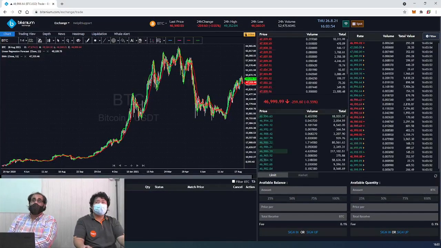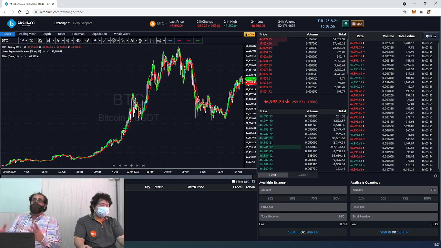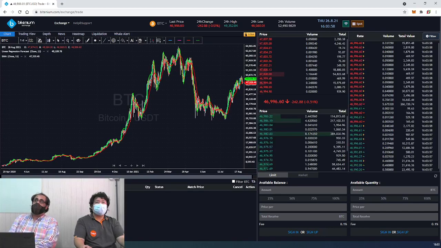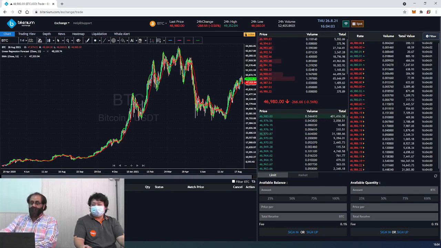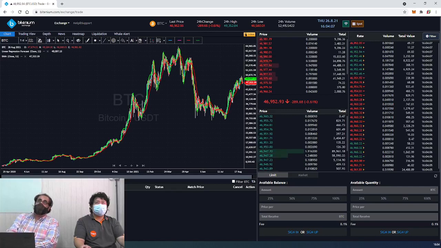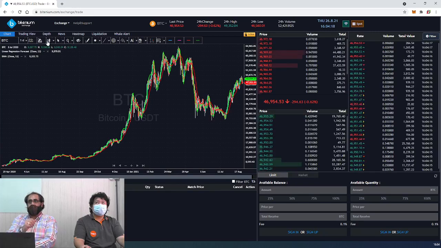You can see the web version. If you go to Bitenium at the top, you will see all this information available. It's like a normal basic web version, with TradingView charts, news, heat maps, and all those things. But we have more functions like liquidation and whale alert, which I'll show you step by step.